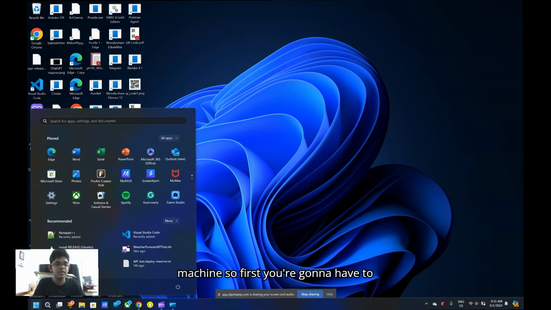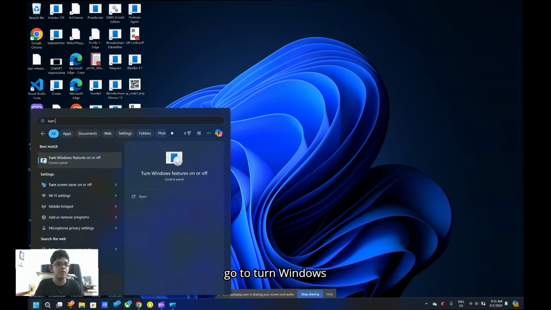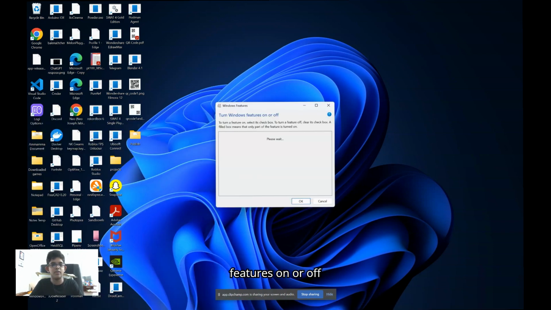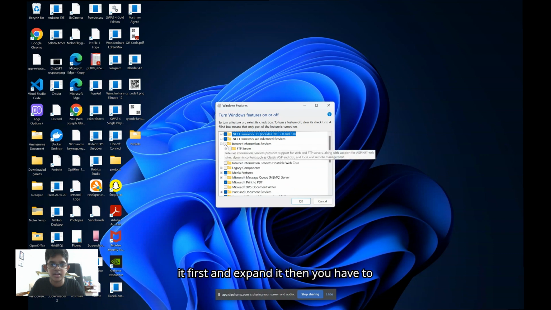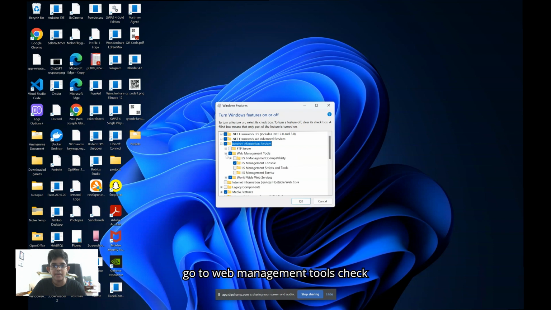So first you're gonna have to go to Turn Windows features on or off. Then you have to find Internet Information Services, check it first and expand it. Then you have to go to Web Management Tools, check IIS Management Console. Then you have to go to World Wide Web Services, expand it,